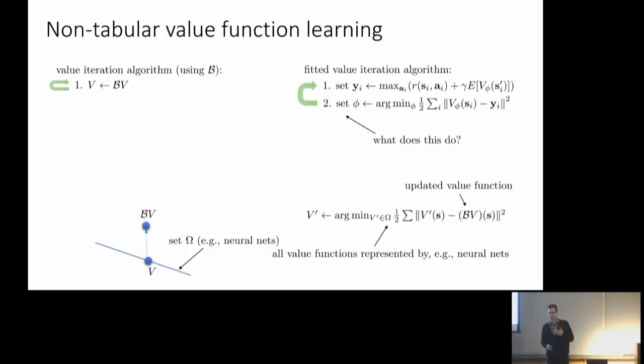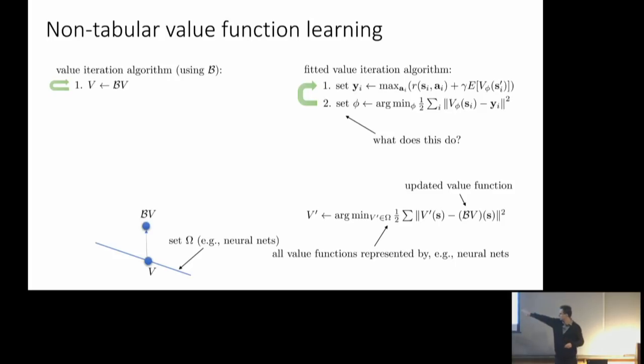When you apply the Bellman backup operator, when you take V and you hit it with B, you get BV, and that might not lie on this set. So when you compute these target values, those target values may not be exactly representable with a neural network with 1 hidden layer and 100 units. So in general, they will be off of this line. Now, what do you know about B? You know that B is a contraction in the infinity norm, which means that when you take V and apply B to it, you get closer to V star in terms of the infinity norm. But you might get lifted off of this manifold of functions that you can represent.